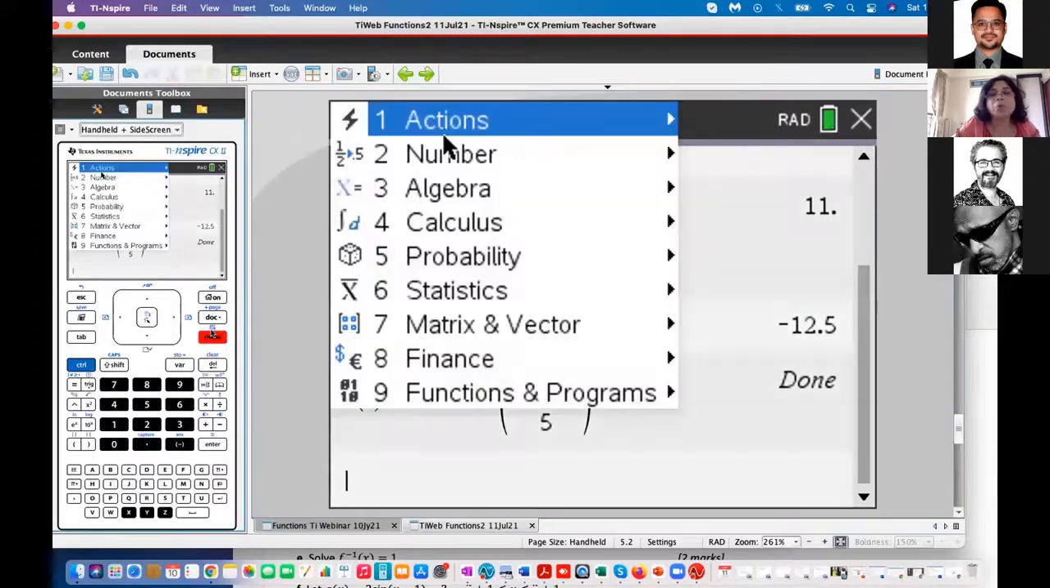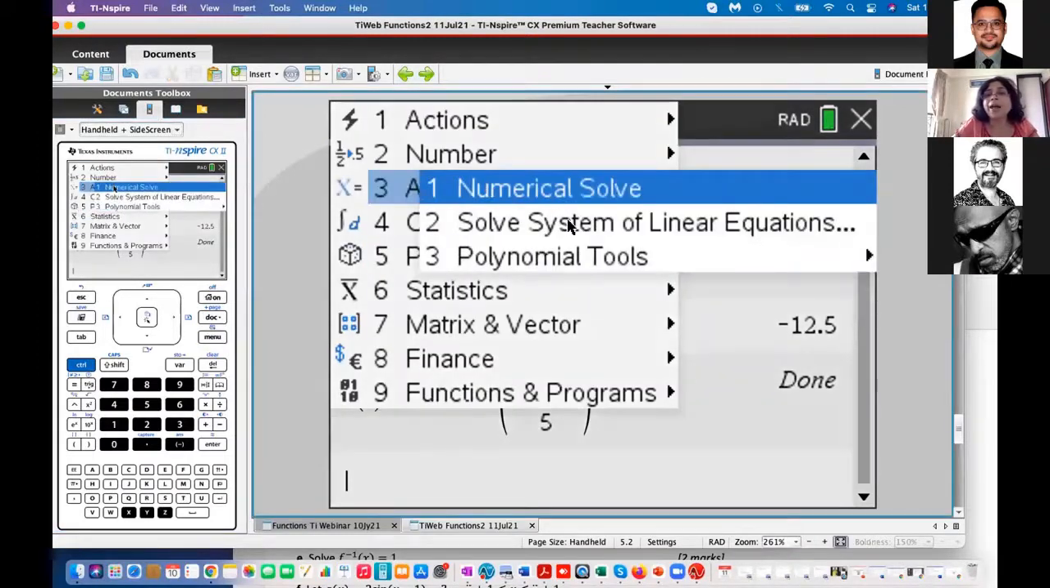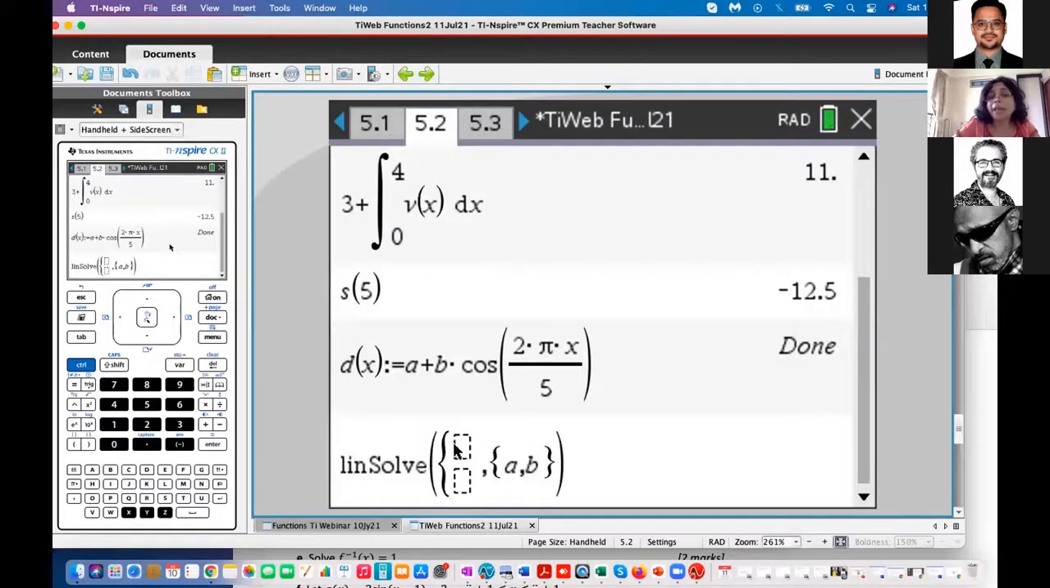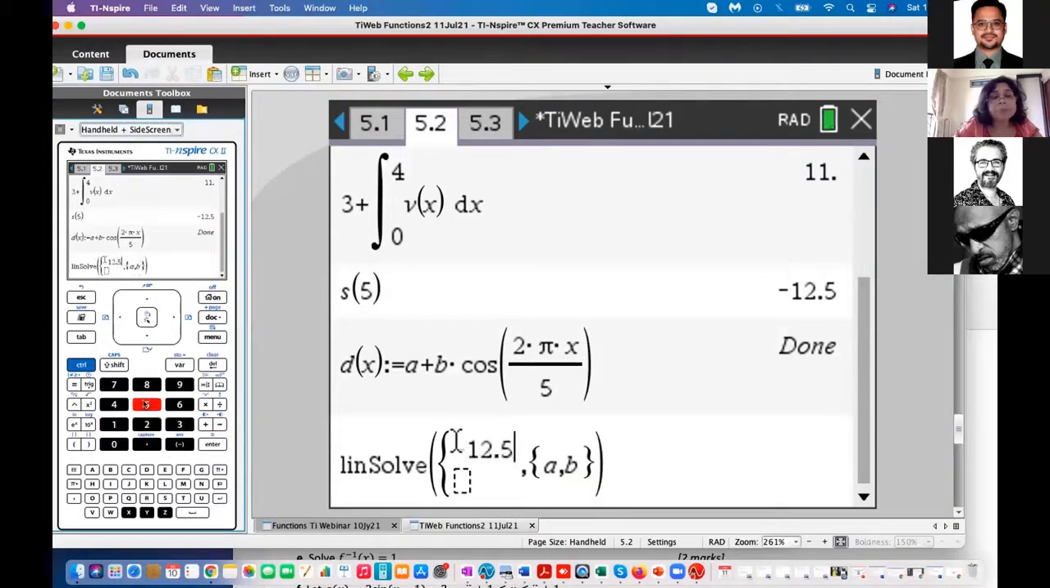So I'm going to go to menu, go to algebra, and solve systems of equations. Students can use different variables, somebody had asked me if you can, and you can. I am just, for the benefit of the students, using A and B, so there's no confusion. Now the first part is negative 12.5, because we just found out what S of 5 is, negative 12.5, equals